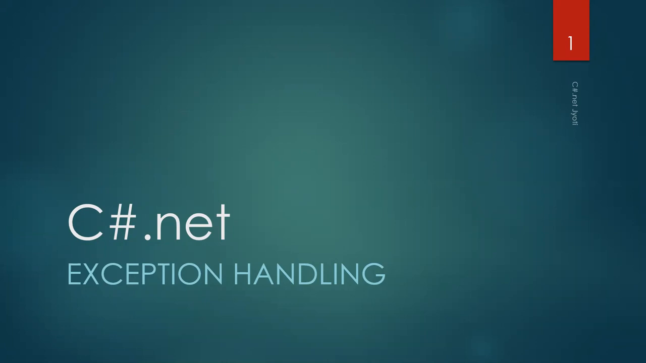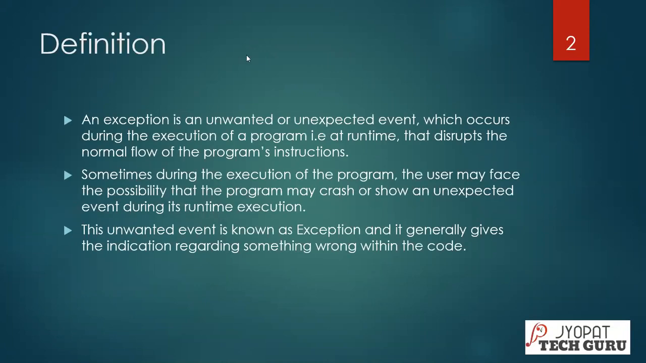Let us start the discussion. An exception is an unwanted or unexpected event which occurs during the execution of a program, that is, at runtime. So that disrupts the normal flow of the program's instructions. We cannot predict at what time the error might happen. So whenever you are handling those errors, you are writing the code which is necessary to handle it using